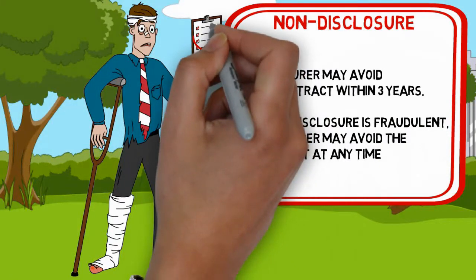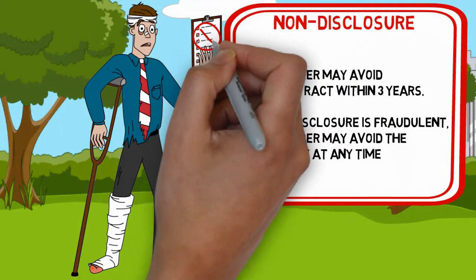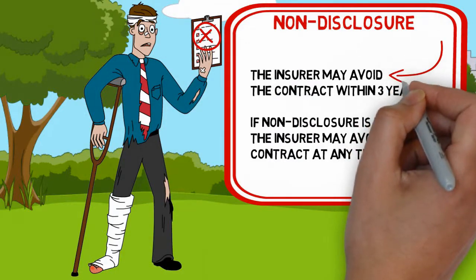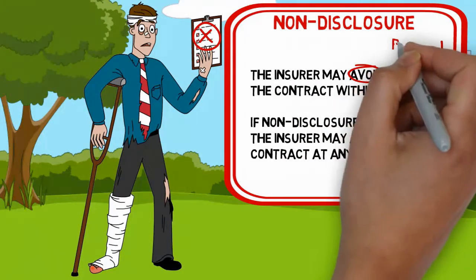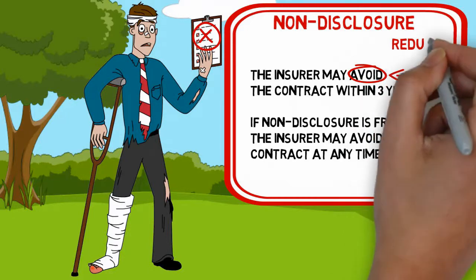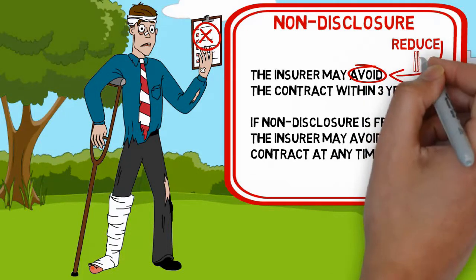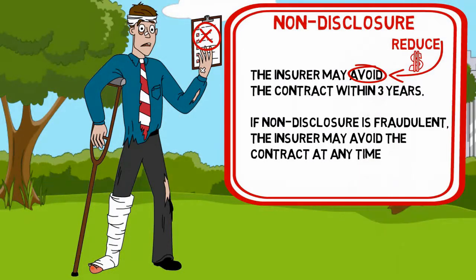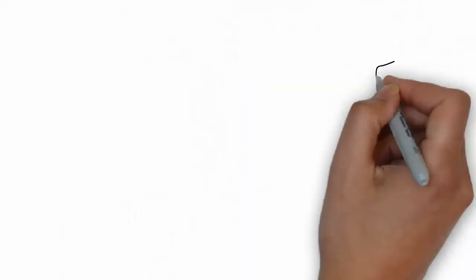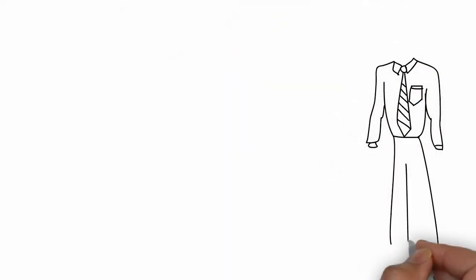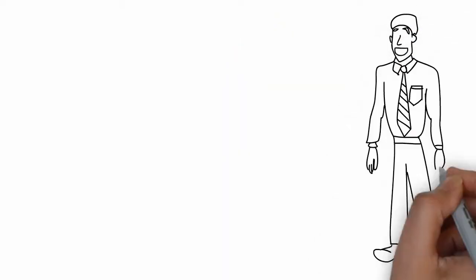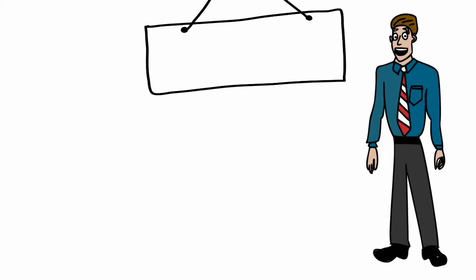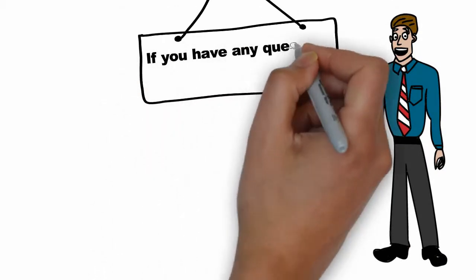An insurer who is entitled to avoid a contract of life insurance may, within 3 years of entering into it, elect not to avoid it, but to reduce the sum that you have been insured for in accordance with a formula that takes into account the premium that would have been payable if you had disclosed all relevant matters to the insurer. It is essential that you understand and abide by the duty of disclosure when applying for insurance or making changes to an existing policy.